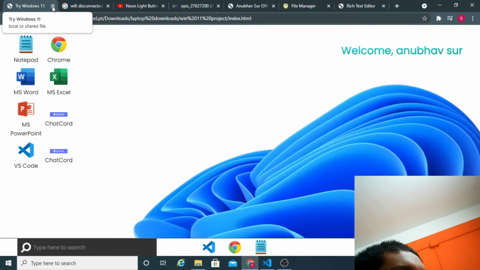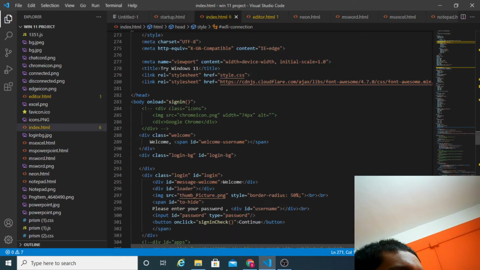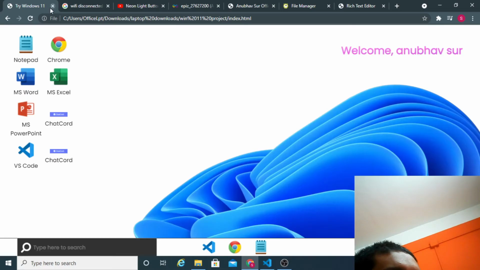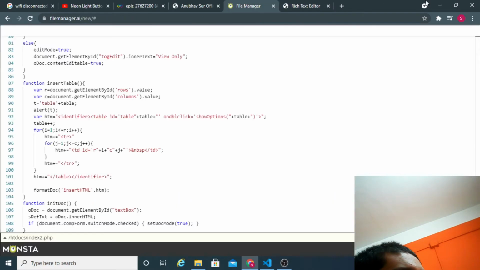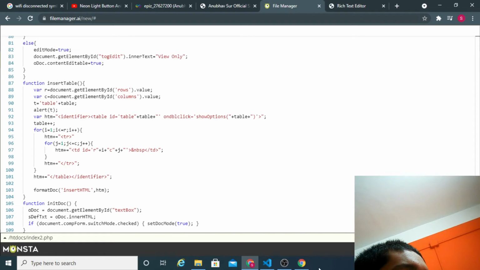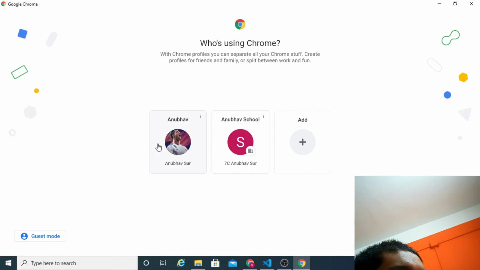That information, that the variable was actually set to true, and if by chance that data gets deleted from the session storage, then only I have to again enter my password, and then I can log in. So I can demonstrate it better if I open it through my another Google Chrome account. Just one second. Yes, so I have to open through this, my second account.